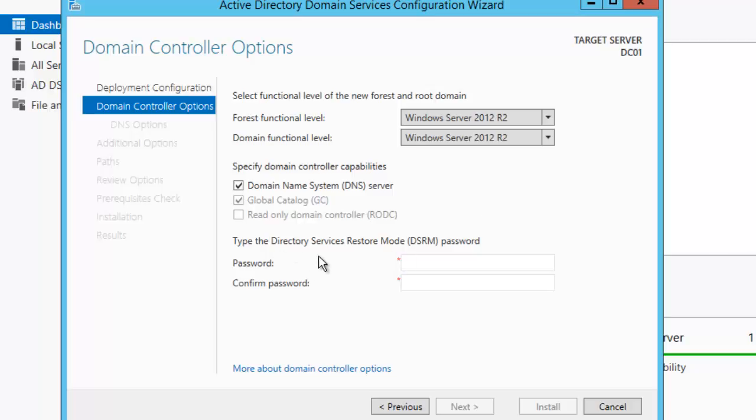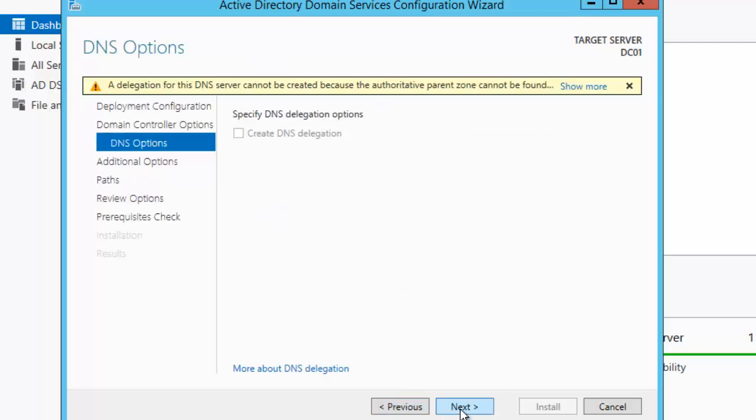And here we need to put a directory service restore mode password, which will be again a strong password. It's your choice if you want to keep it the same password, but I would prefer to put a new password rather than having the same password, okay. So in our case we are just trying to put a new password. Okay, and it says there is something not correct, so I will be putting it again. Okay, so now it seems to be correct, and I have the Next option, so I will click Next,